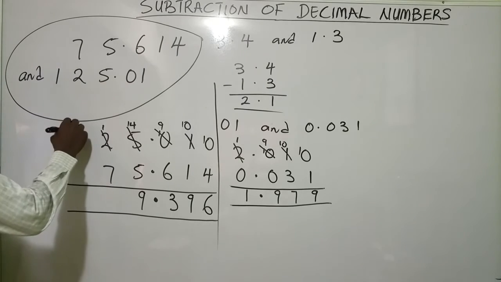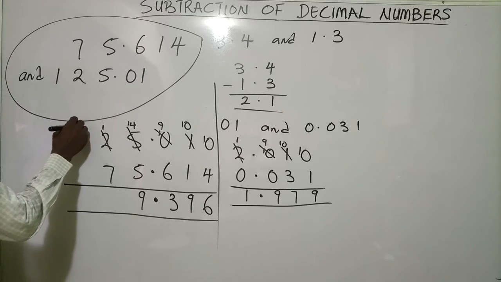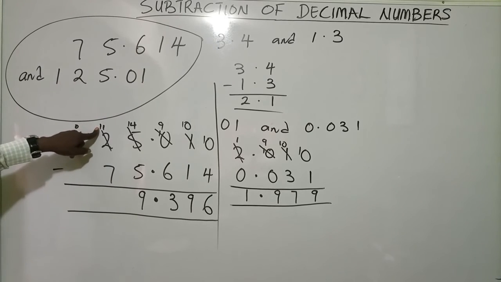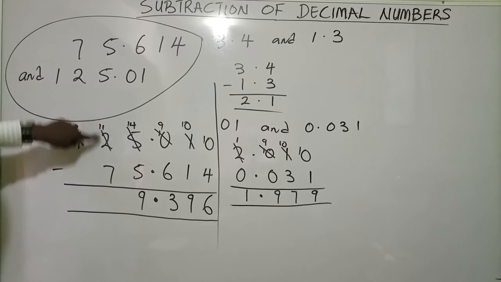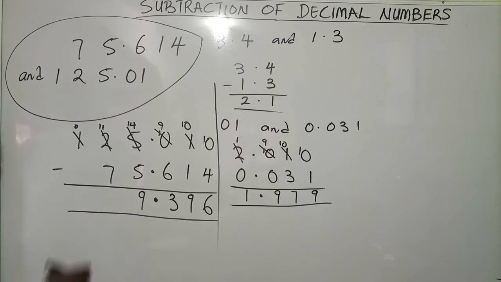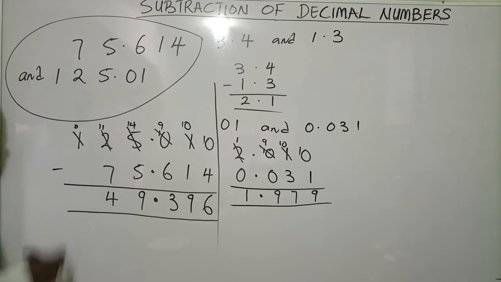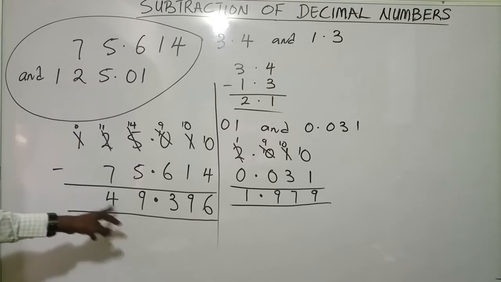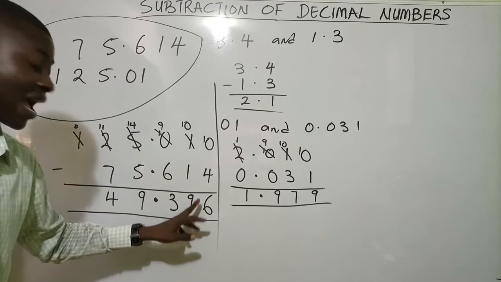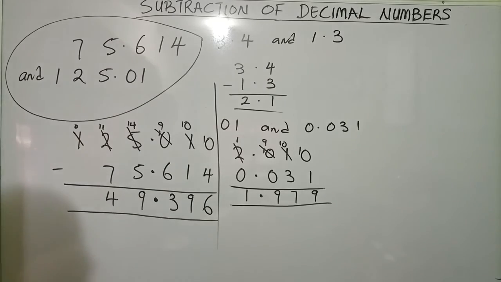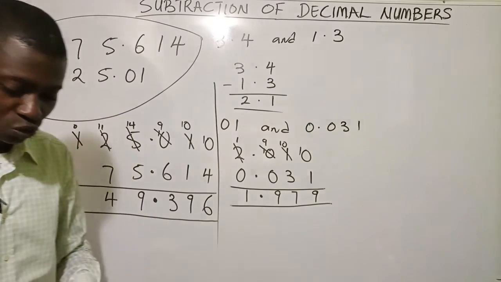So what do we do? We borrow 1 from this 1 here to remain 0 there. We drop the 1 there. It becomes 11. So it's now having 11 minus 7. 11 minus 7, this will give us what? 4. And here we are having 0, which is the same thing as what? 49.396. So please go through these examples again and again, and I will assure you, you will be able to